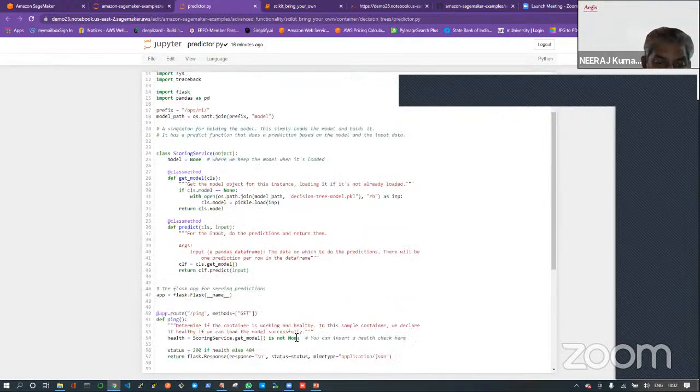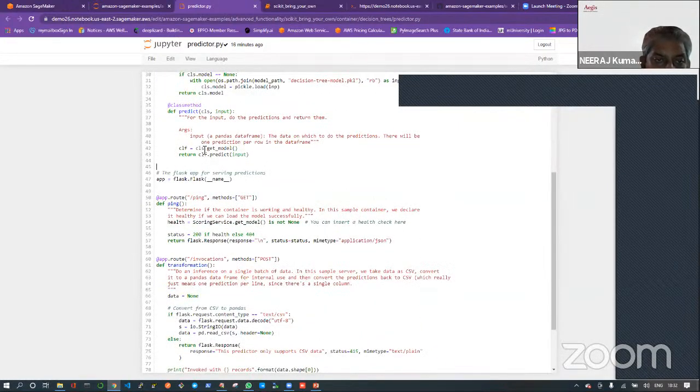And you can see inside this, there is one program called clf get model, right? I am pickling the model and then I am getting this model and running it for the inferences or for the training. So once I train it, SageMaker will create a model, and then at runtime, SageMaker will pull that model. As you can see in this diagram, right?